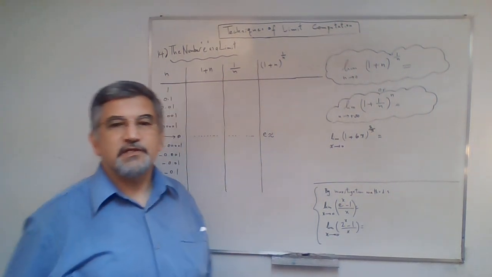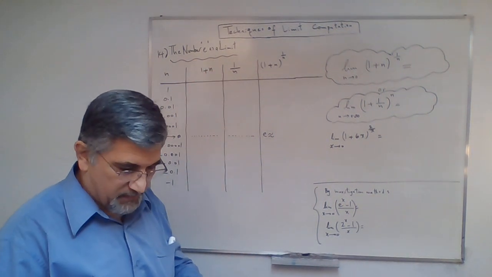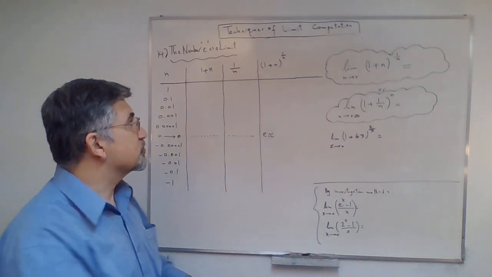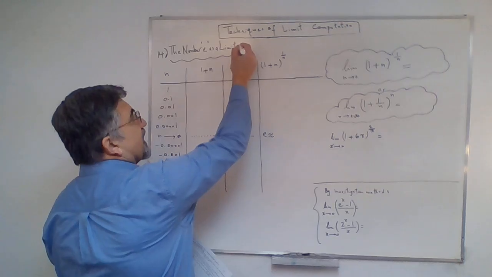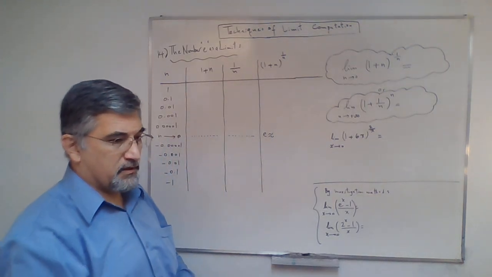Hello everyone. In this lecture, we want to discuss the number e as a limit. And you know what e is most likely. E is actually the base of the natural logarithm. It's an irrational number. It's roughly